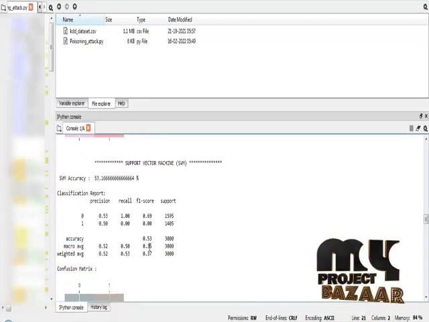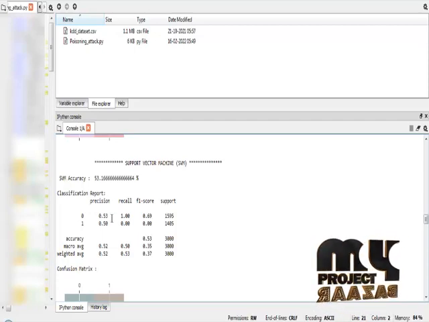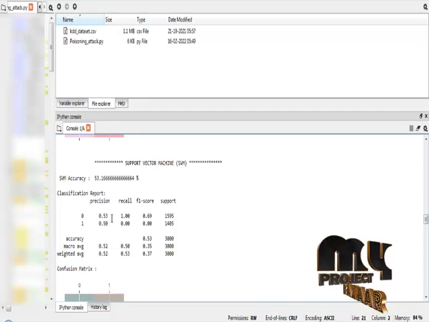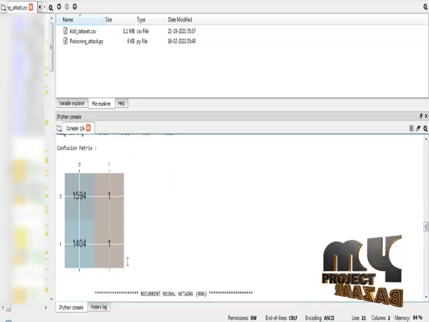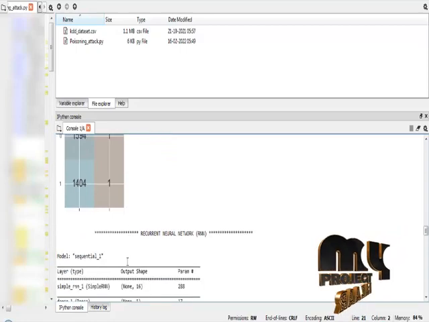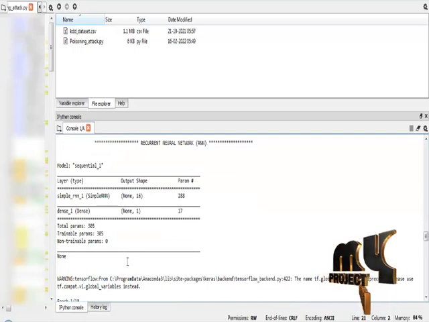The support vector machine algorithm provides an accuracy result of 53%, and this is the classification report for our support vector machine algorithm, and this is the confusion matrix for our support vector machine algorithm. So the final algorithm is the recurrent neural network algorithm. The recurrent neural network algorithm summary result is